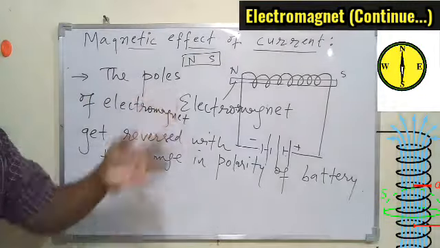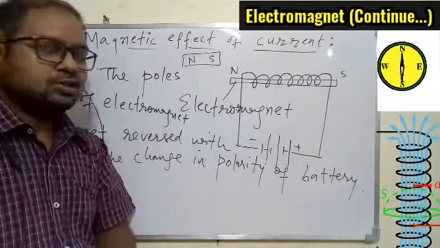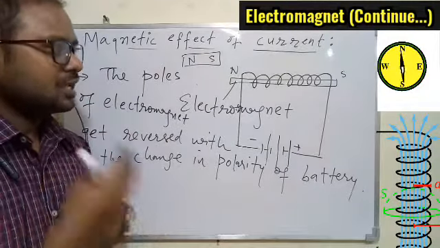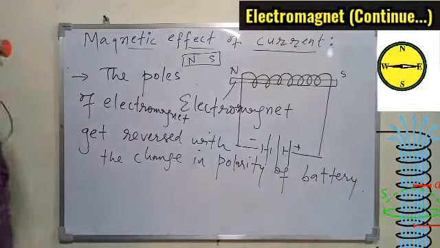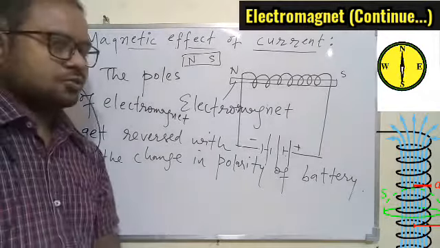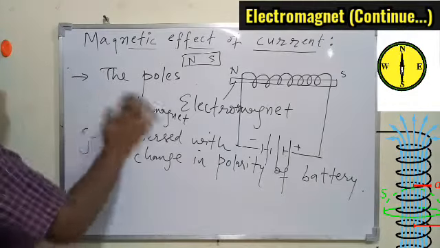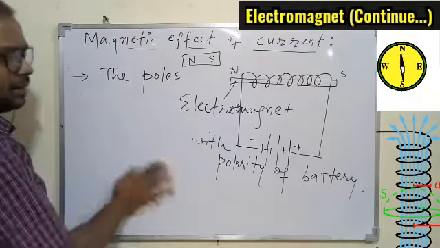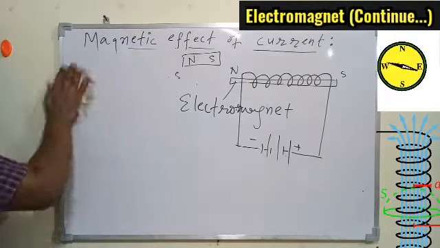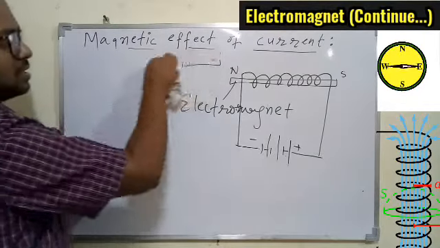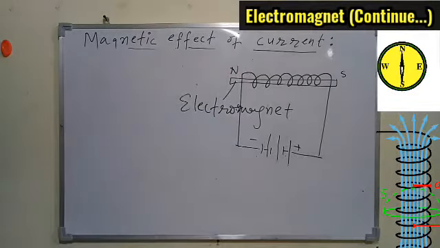One more thing is, we can have a change in the polarity of the electromagnet, that is north and the south poles can be changed of the electromagnet with the help of the battery. And same thing is there with the solenoid also. So even for the solenoid, which behaves as a magnet, can have change in the poles, that is north and the south can interchange with the help of the power supply.